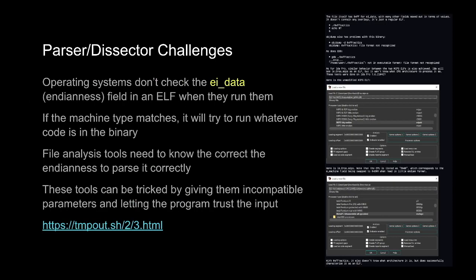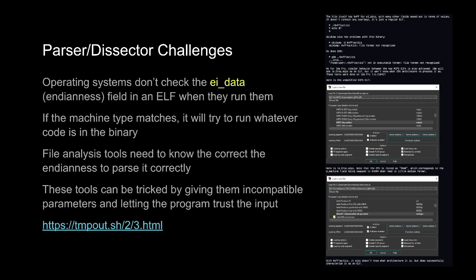And then one more thing I wanted to discuss is parser and dissector challenges that can happen as a result of a specification. This one isn't particularly a protocol-related bug, but it's going to be very similar. It's an example of a type of thing that I found with ELF files. When you run any kind of binary, but specifically ELF, the operating system is typically trying to set up the program as fast as possible and execute it. It doesn't want to waste a lot of time on processing because it just slows down the total start time